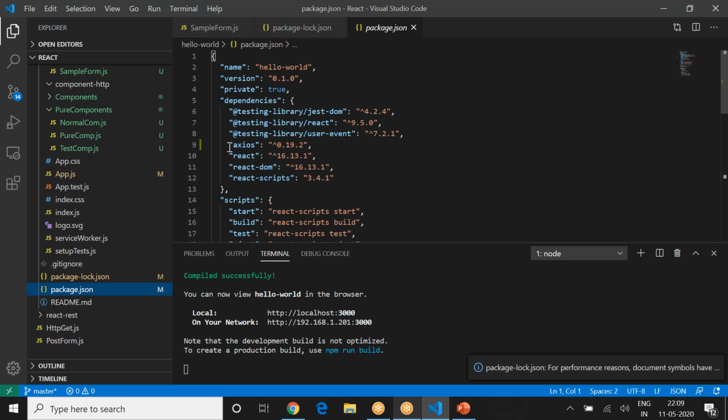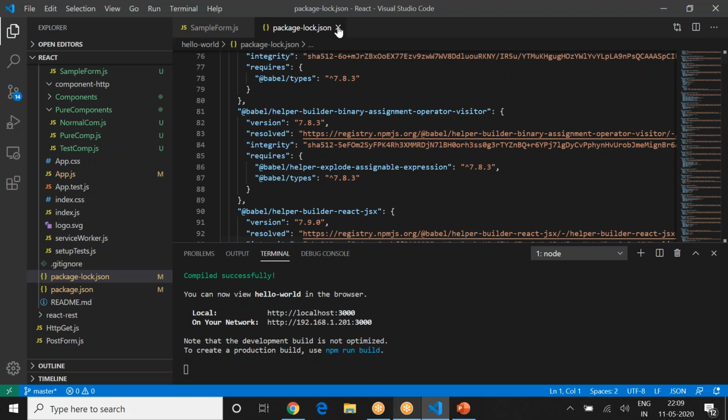As of now, you will not see that. Once you run npm install axios, you will get that. Once it is installed, that means you are ready to use Axios in your project.